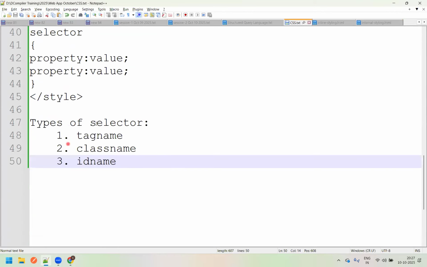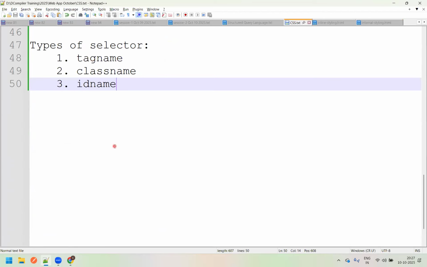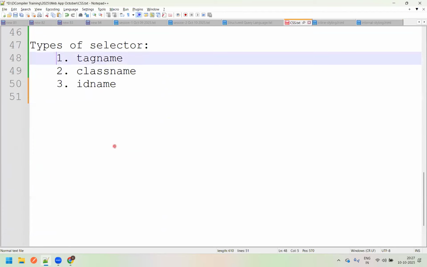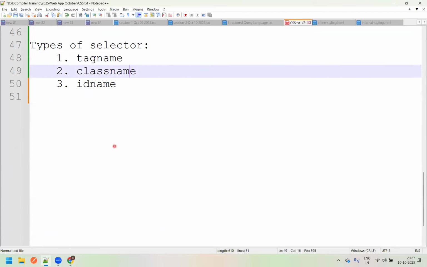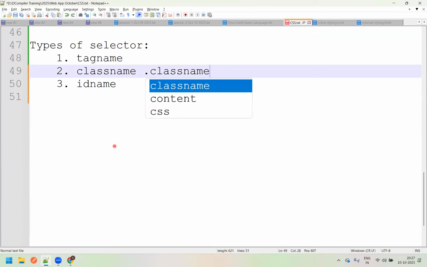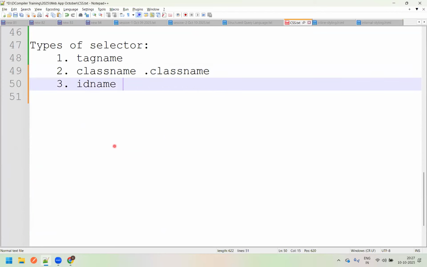And I would like to explain the selector types. When it comes to your selector types, you can have the selector tag name. When it comes to class, it will be dot class name. And when it comes to ID, it will be hash ID name. Okay. To understand this better,